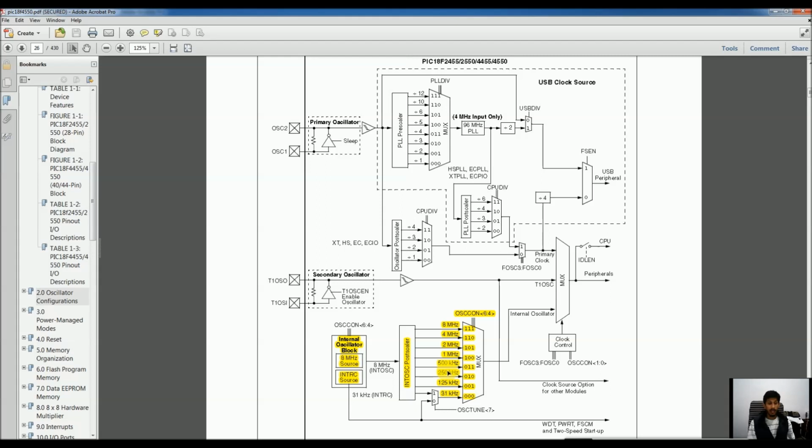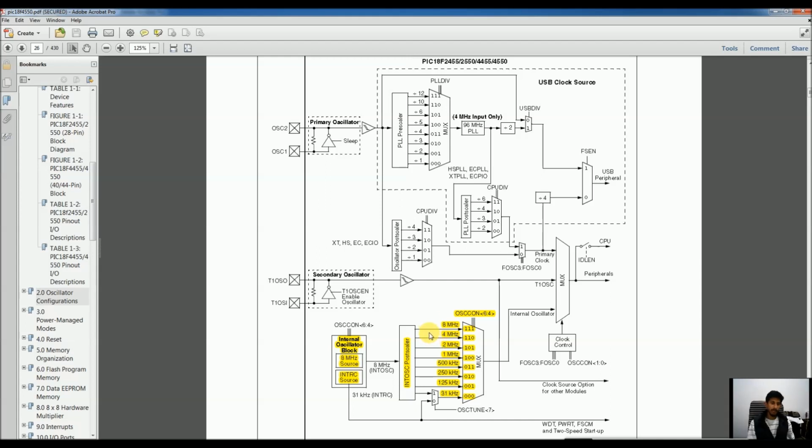Why would we want to lower our clock speed is the question here. It seems like we always want our microcontroller to have the highest possible operating frequency. But higher frequency means higher power consumption. So if our application is not time critical, then we can shift to lower frequencies and save the power.